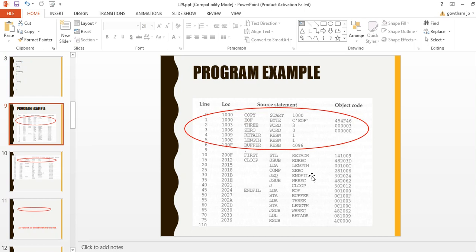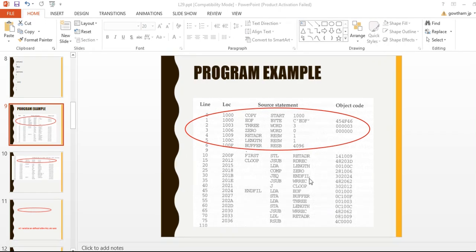Or you can consider line number 30, JEQ end fill. Again it's a jump instruction, jump to end fill, so it is a forward reference. This you can't solve. With a backward jump, we won't face any forward reference, because C loop is already defined when you use it. But end fill is defined afterwards, so by the time it translates line number 30, end fill is undefined. So this is a forward jump, a forward reference, and the assembler does not know the symbol.